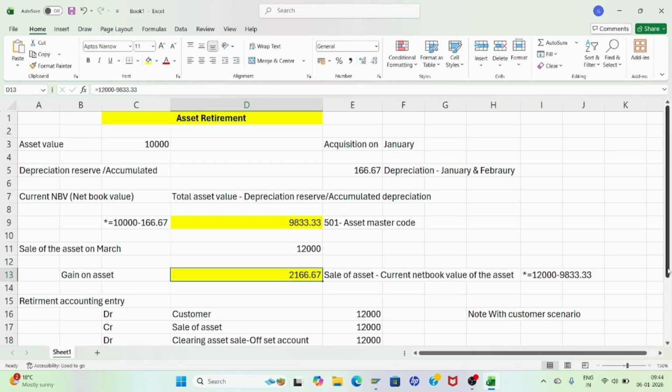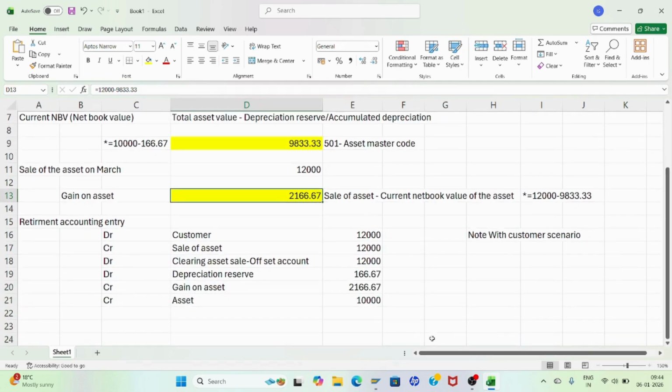Let's calculate the accounting entry if we are selling this particular asset. Retirement accounting entry, debit customer. This is a note with customer scenario. So here debit customer 12,000 rupees and credit sale of asset 12,000 rupees, and to knock off we need to update an intermediary account. By default the system will fetch this intermediary or offset account. So clearing sale of asset 12,000 rupees